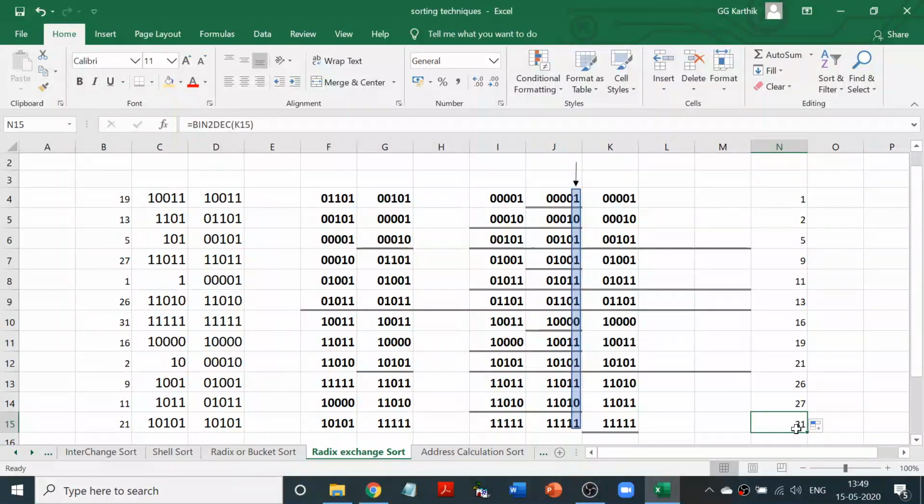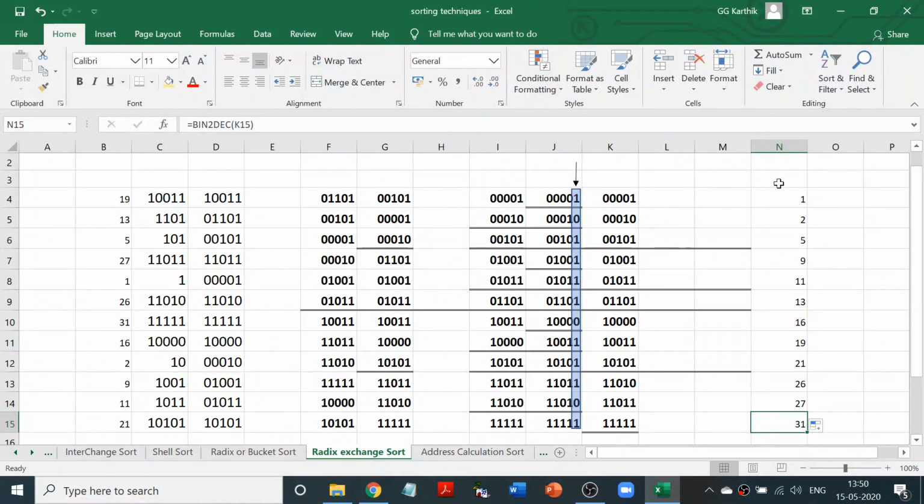This method is called radix exchange sort. You're going to take a given number and convert it into binary. So in the exam, if this question is asked as a theory question, don't consider 5 digits. You will have a long procedure. Consider only 3 digits. So depending on the time, you can take 3 or 4 digits, so that you will have only 3 or 4 iterations depending on the number of digits. And you don't have to have 12 numbers. 5 numbers is enough. Actually, 5 numbers is enough for all the techniques to be explained. Until and unless a list is given to you, you can choose your own list. So keep it simple. Right?